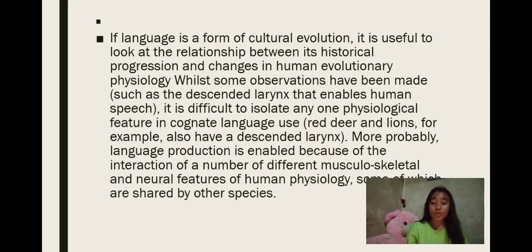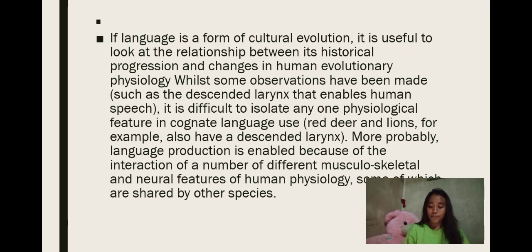It refers to a movement of the larynx away from the oral and nasal cavities in humans or other mammals. So, hindi lang human ang meron, but also the mammals. They all have a descended larynx. So, it refers to a movement of the larynx.